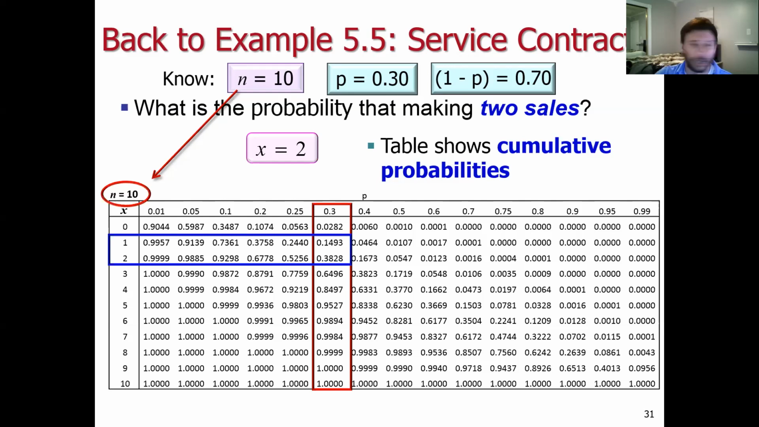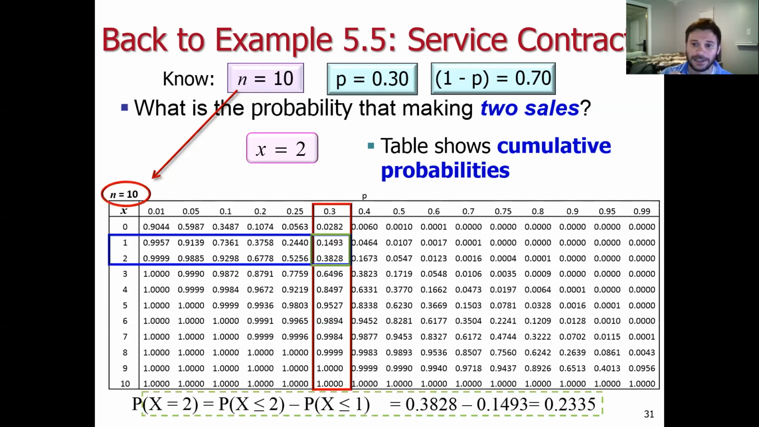And what we're going to do here is take the bottom value, 0.3828, which is the probability of 2 or fewer successes, which includes 2, 1, and 0. And we're going to subtract out the probability of 1 or fewer successes, which includes just 1 or 0. When we subtract those 2 values in the green box, we get the probability of exactly 2 sales, of precisely 2 sales,